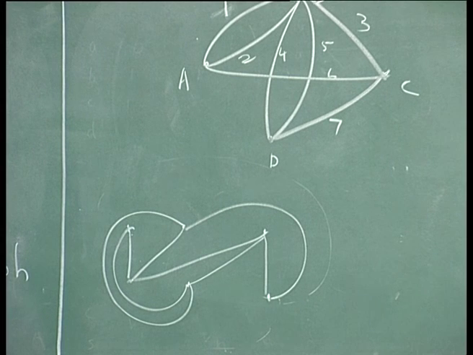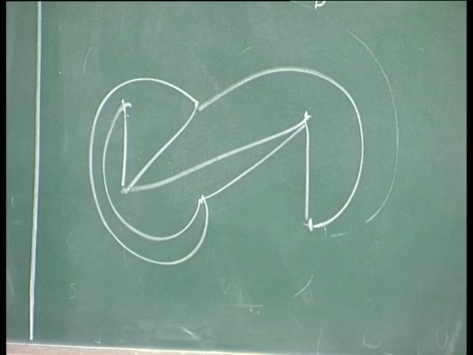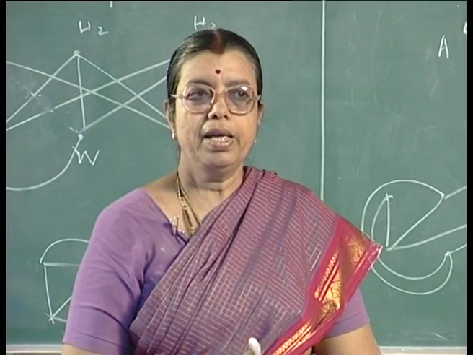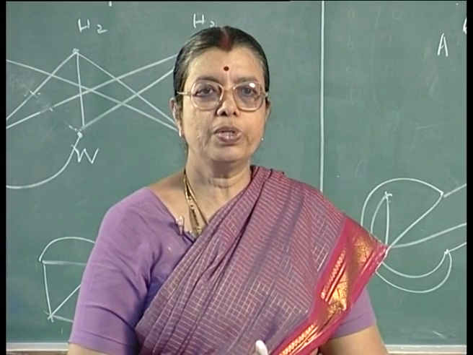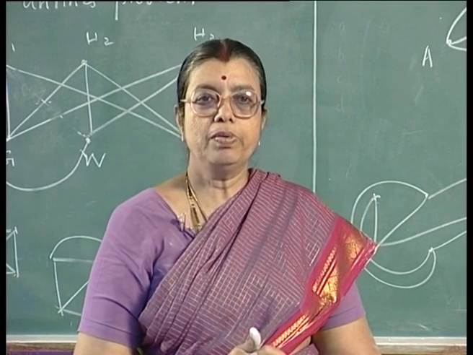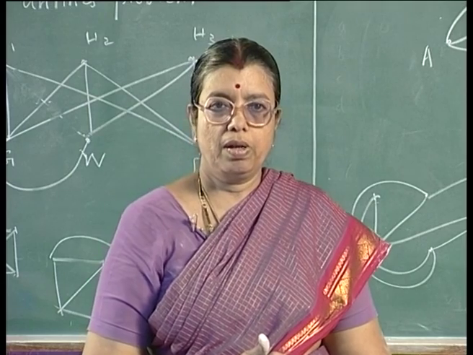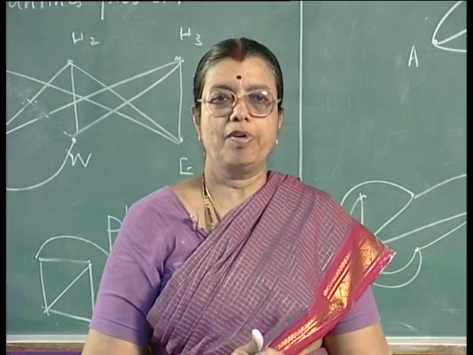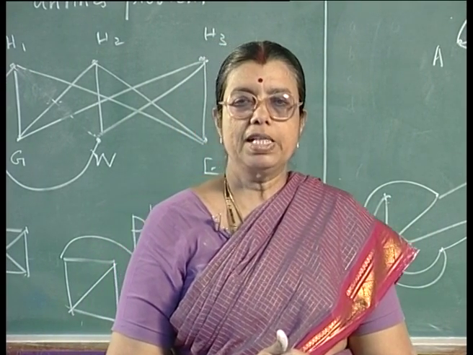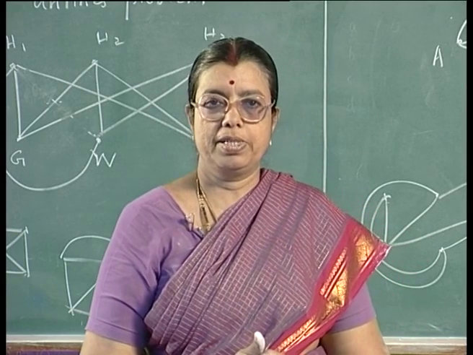So, first we shall study what is meant by an isomorphic graph, and then we shall study the degree of a vertex, some terminologies like walk, path, etc., and then see what is an Eulerian graph, what constitutes an Eulerian line, and so on. We shall also consider what is meant by a Hamiltonian path. Hamiltonian paths have a lot of applications for practical purposes, and we shall see what the applications are.